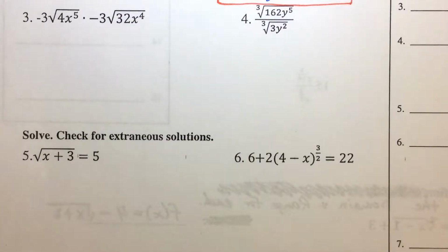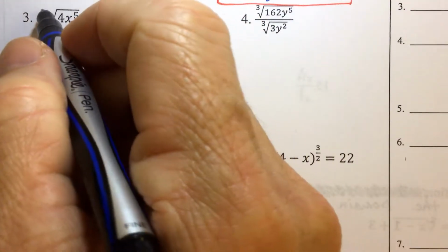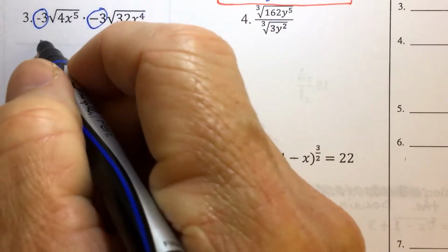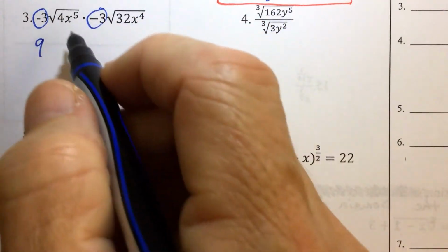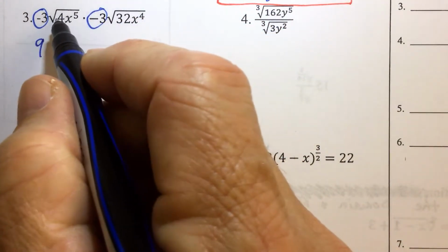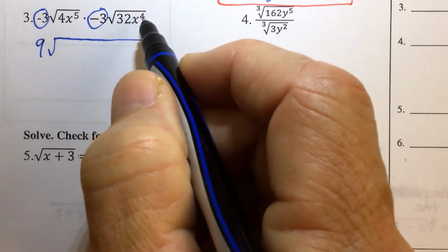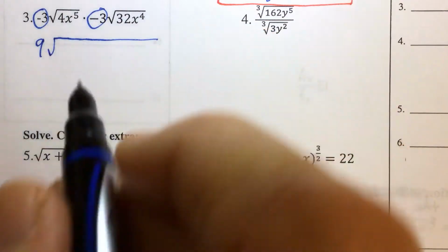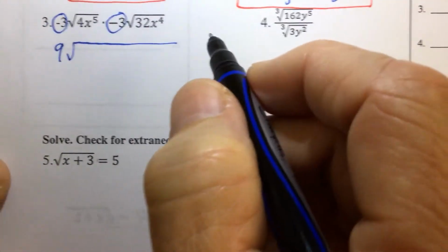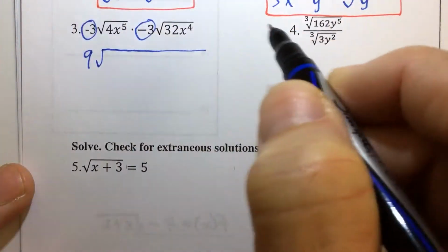In problem number 3, we want to multiply. We're going to multiply the negative 3 times the negative 3, and we're going to get 9. And then we want to multiply the radical 4x to the 5th times the 32x to the 4th. So what we want to remember is that big idea, that big idea being if you